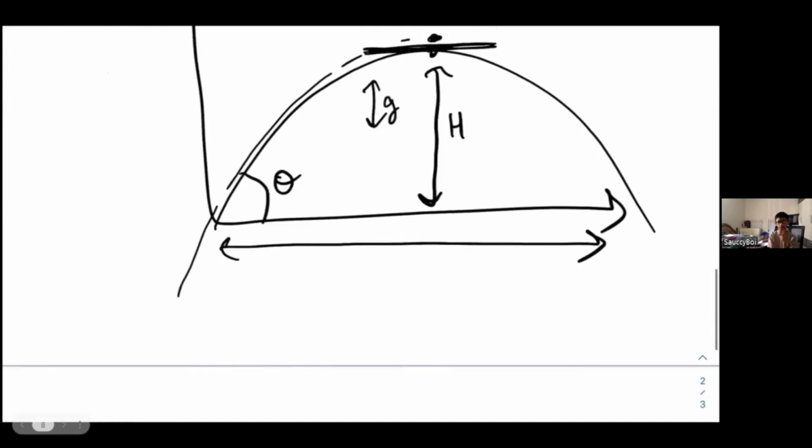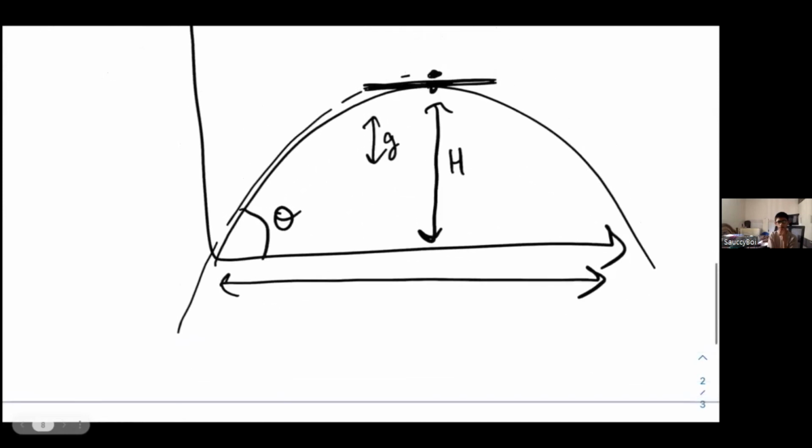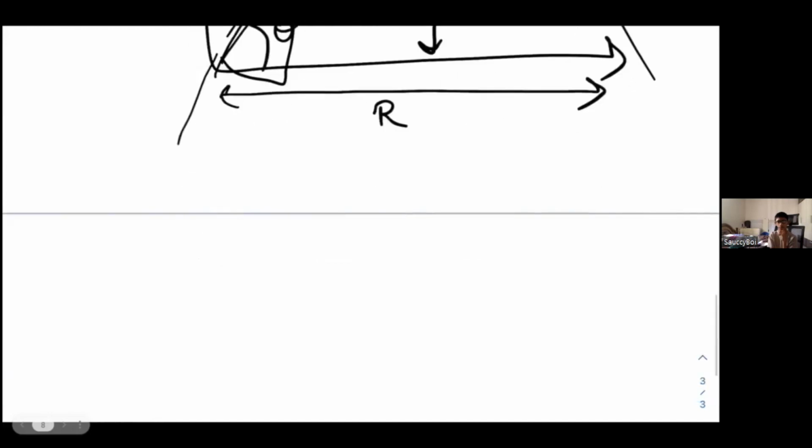So the vertical component is zero, it's at its highest point. And also, because of this, as we've determined earlier, that means there's also no horizontal acceleration, because the only acceleration we get is the gravitational one. So therefore,